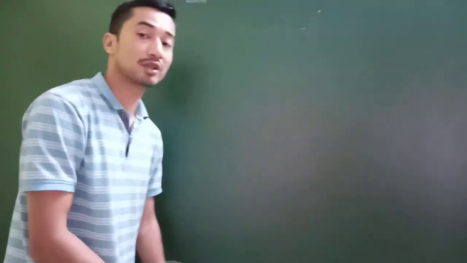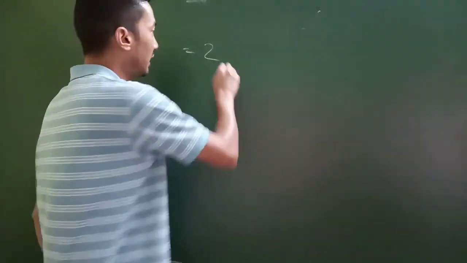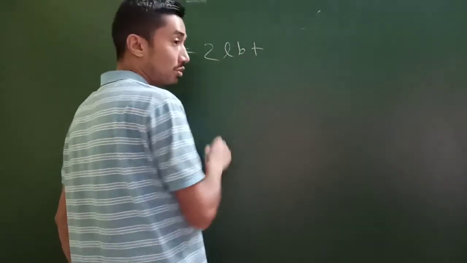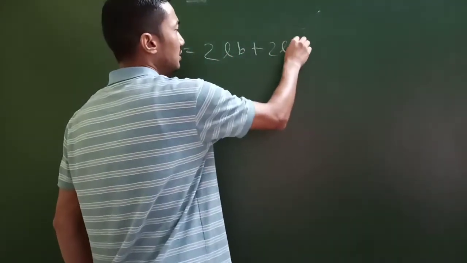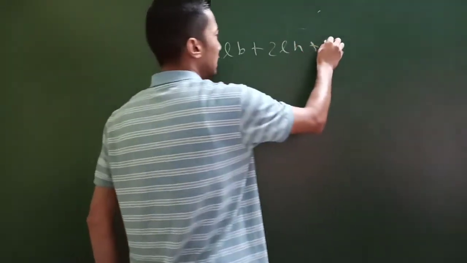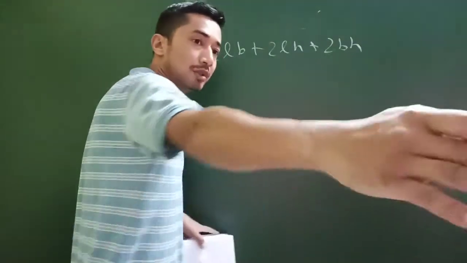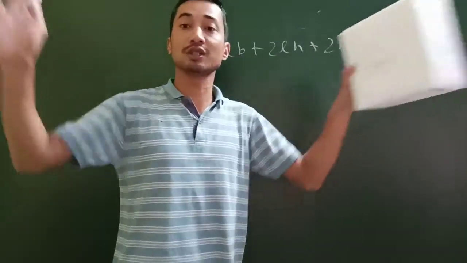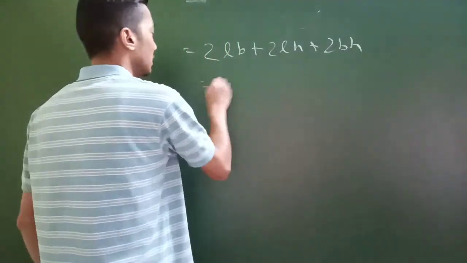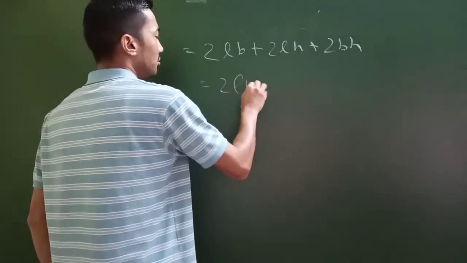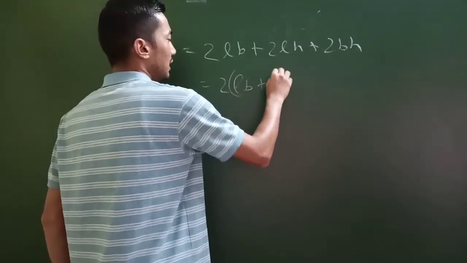All you have to do is remember: 2 times length into height, plus 2 times length into breadth, plus 2 times breadth into height, because breadth, length and height each come twice, two faces each. So that's going to be twice into LB plus LH plus